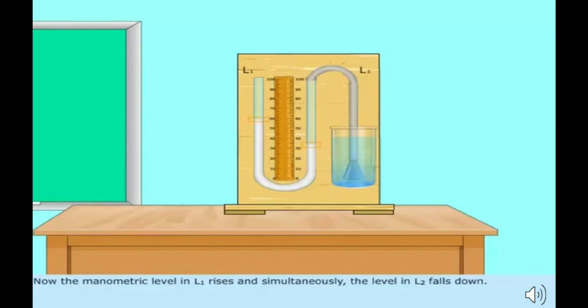Now you can see that a beaker filled with a fluid has been brought, and then the rubber tube has been immersed inside, completely immersed, and it has been taken to some height. The moment the rubber tube is inserted in the fluid, you can see that the readings in the two limbs of the U tube have changed. So L1 is reading more than L2. These levels are measured and written over there.